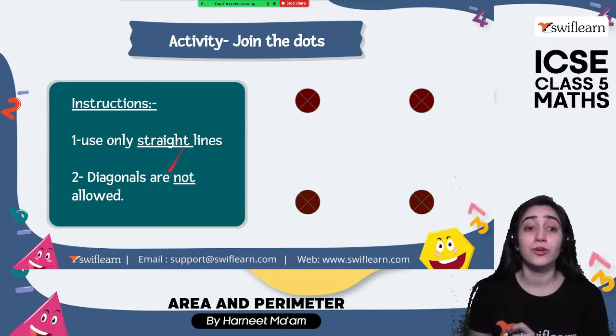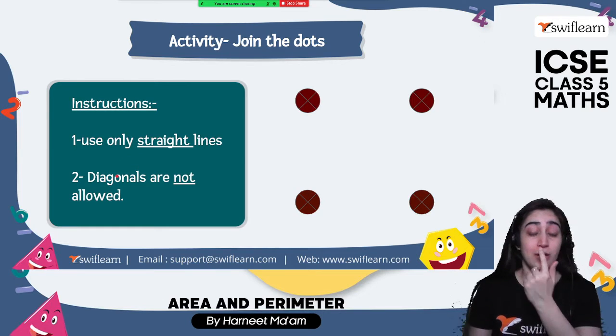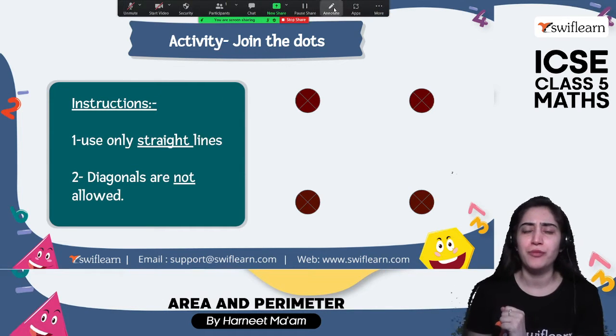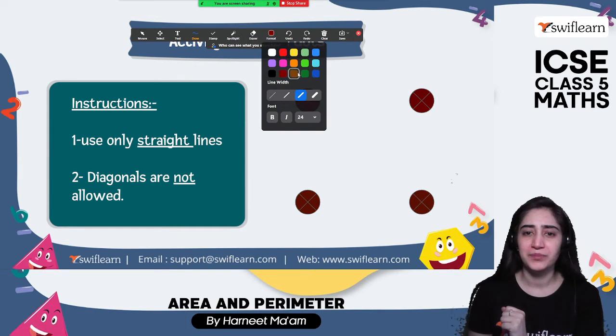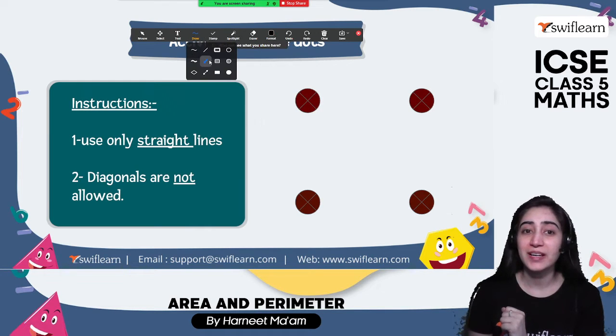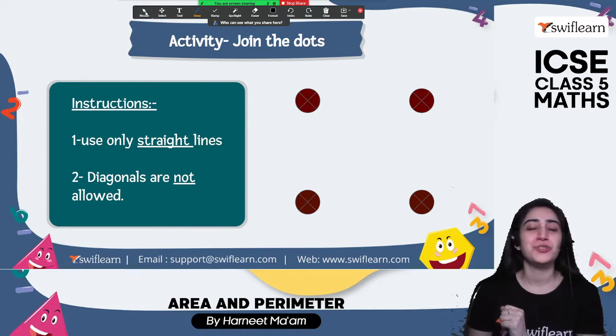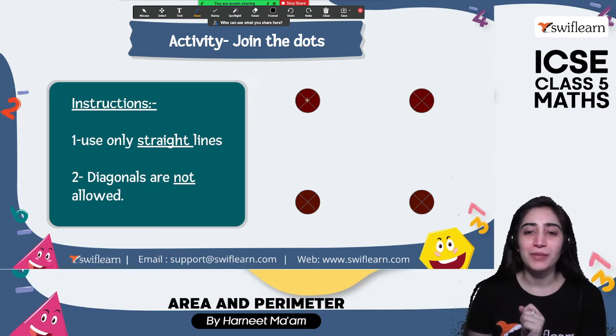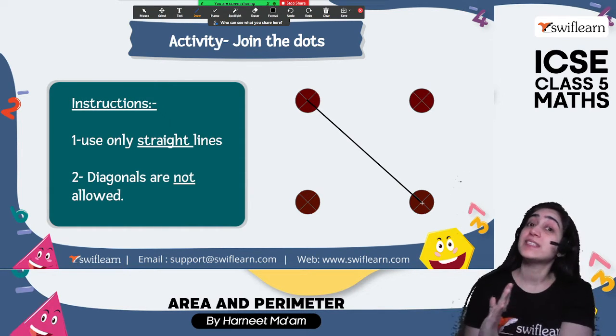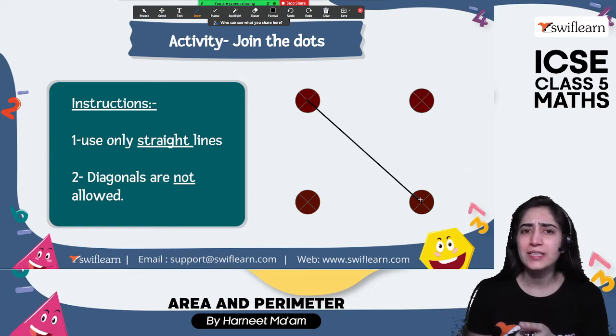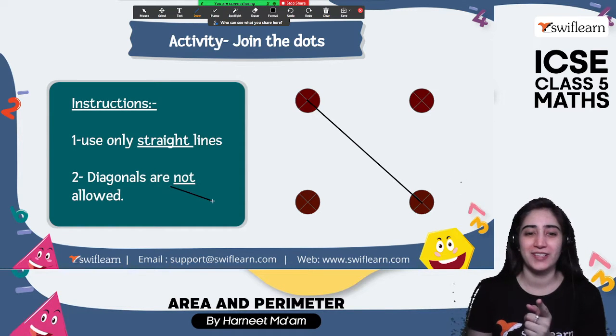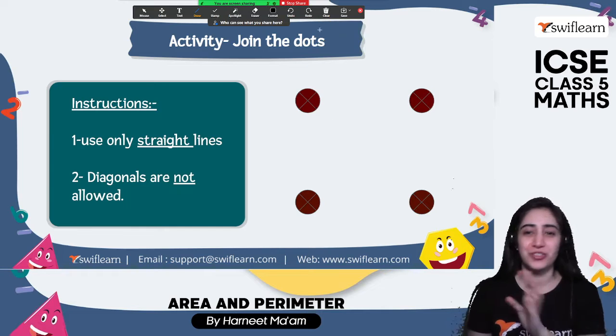He's telling us not to draw a diagonal. What does a diagonal mean? Everyone, do you know what a diagonal means? No? All right, don't worry, I'll let you know. See, diagonal means going from this end to this end, like a slanting line. This is known as a diagonal. So is he allowing us? No, he's saying no to the diagonal. All right, so we are not drawing the diagonal.